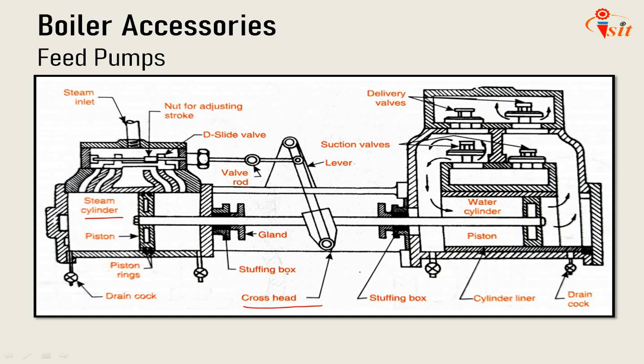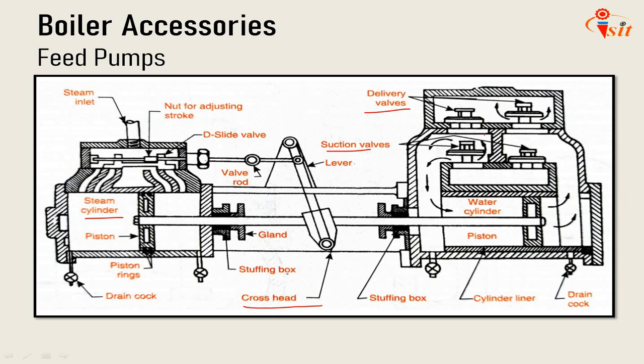The feed pump is generally double acting. On each side of the pump plunger there are suction and discharge valves. Here the suction valves and here the discharge or delivery valves are there. The pumps work alternatively and consequently continuous flow of water is maintained. Double feed pump is commonly employed for medium size boilers.